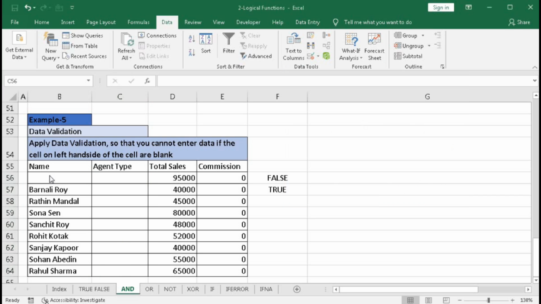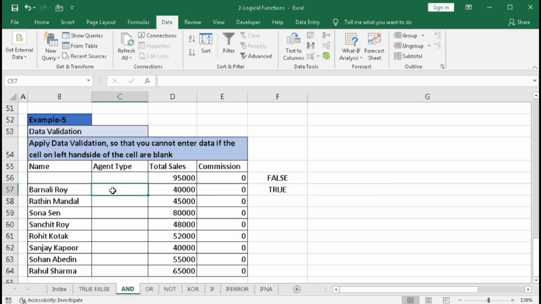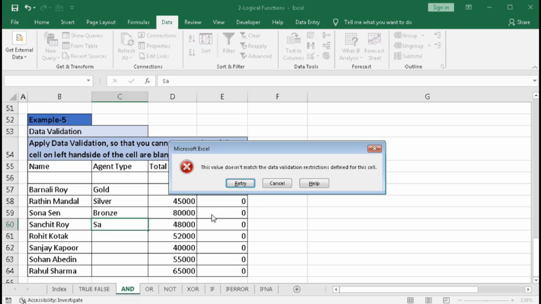Okay, now this is blank. Here I will type gold. You can see it is not accepted. But here if I type gold, it is accepted. If I type silver, then it is accepted. Bronze is accepted. But here if I type any other thing, that is SA, it is not accepted.